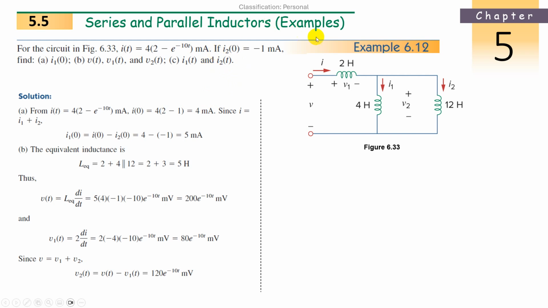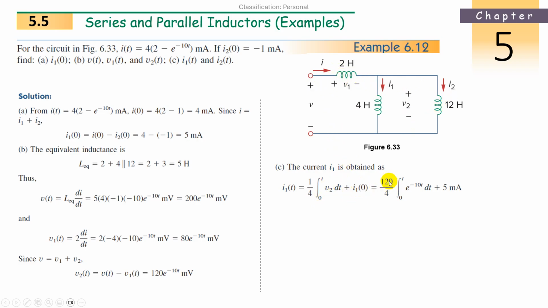At t, not at 0. At 0 we got it. I of 0 we got, I1 of 0 we got, I2 of 0 we got. So I1 of t is nothing but integrate 1 by L dV. So 1 by L is nothing but 1 by 4, integrate from 0 to t V2 of t plus I1 of 0. Now substitute, because V2 and V1 both are the same here. So V2 of t, I1 of t is nothing but